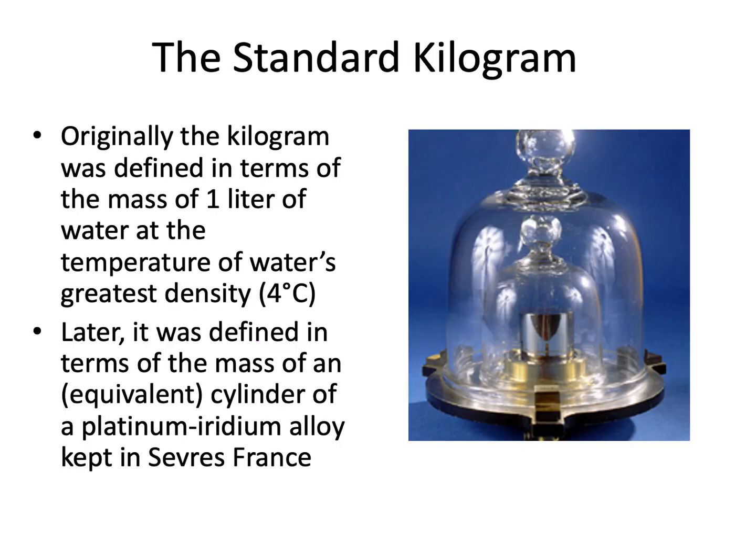The next standard unit is the kilogram. Now, the standard kilogram has also had different definitions historically speaking. The original definition of the kilogram was the mass of 1 liter of water at 4 degrees Celsius. That is, 4 degrees Celsius is the temperature at which water is at its greatest possible density, at atmospheric pressure. And so the amount of mass contained in 1 liter of water at its densest form,